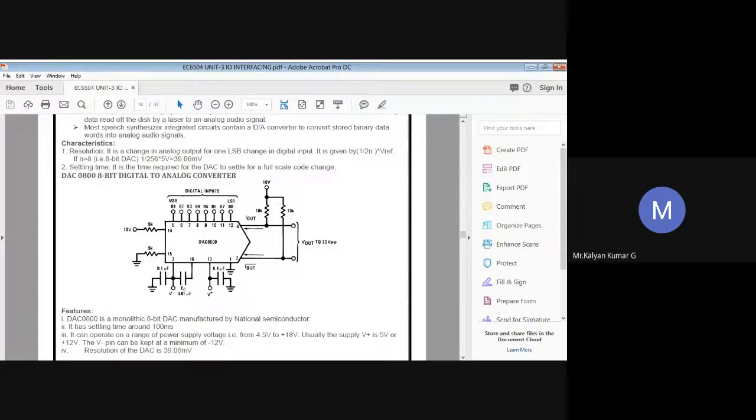It can be directly interfaced with TTL, CMOS, PMOS, or any other logic family. If you use TTL, the threshold level pin VLC should be tied to ground. Normally we go with TTL only. The reference voltage and the digital input decide the corresponding analog output current, which can be converted into voltage by connecting a simple resistor to the output terminal, as I said previously.